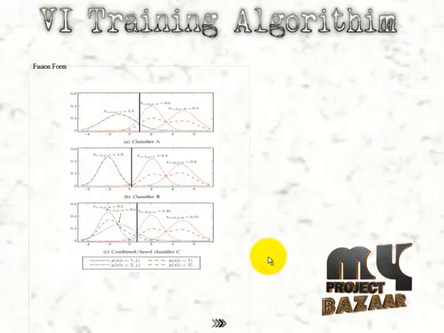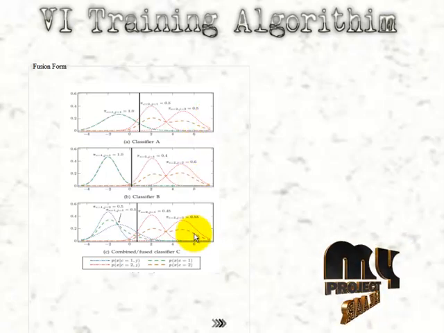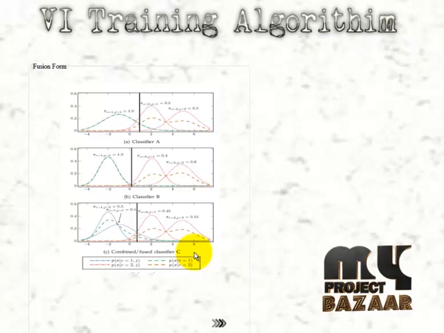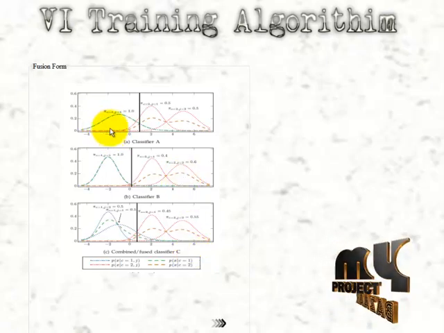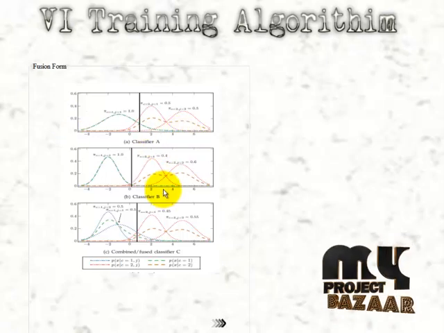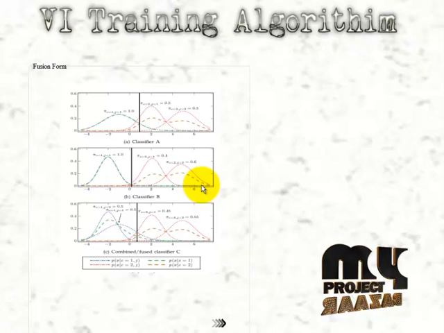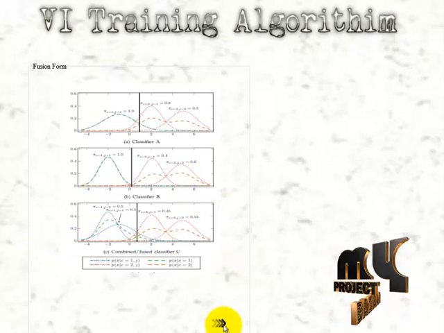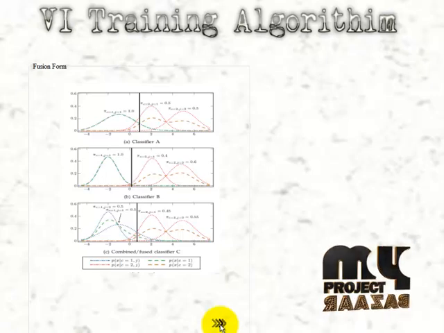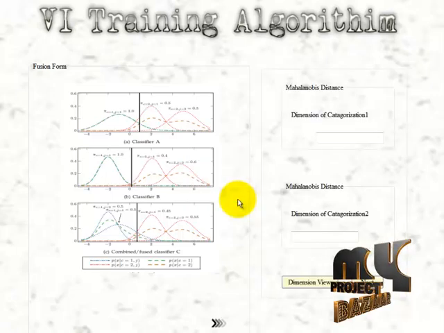Here I have found how the fusion will be formed with the help of classifier A and classifier B. I am combining both data. Here I have found the classification A with a green color graph, and the red, and at the last we found the classification B extras. We have a brown color data, and at last we are fusing both, joining these two data. And when I click on this button, I have found it, and my process has been completed.